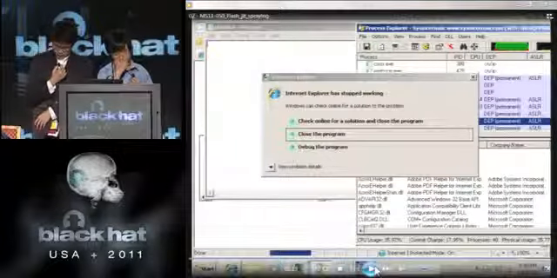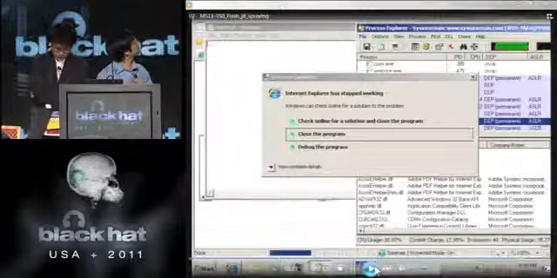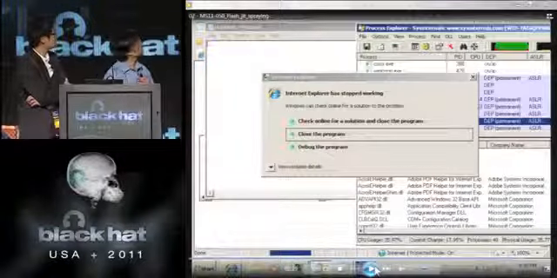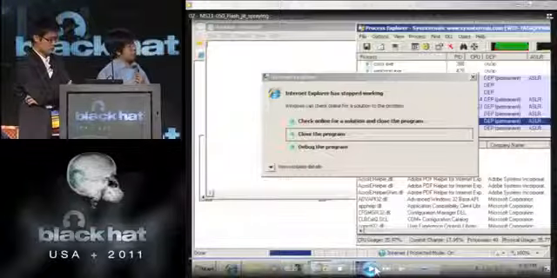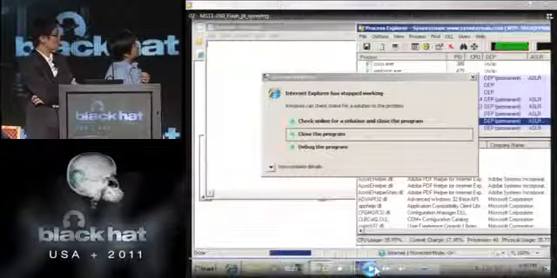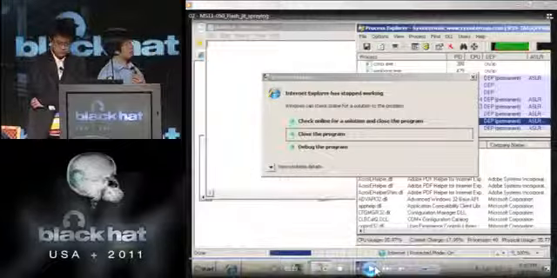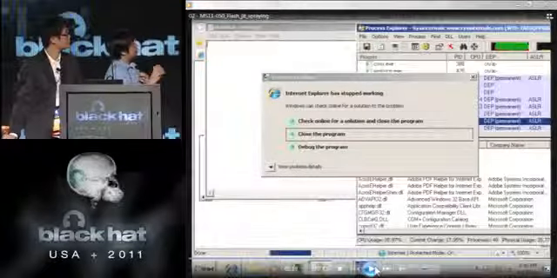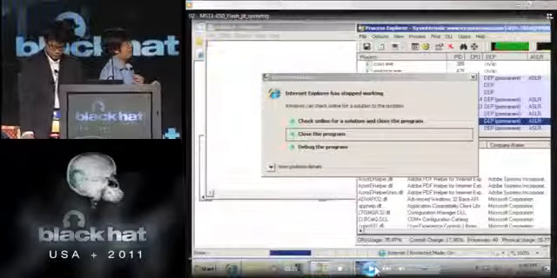Our shellcode has been executed and Notepad is launched. So this demonstration shows our JIT spraying technique can be used in the latest version of Flash, and if you have a vulnerability, you can use this trick.